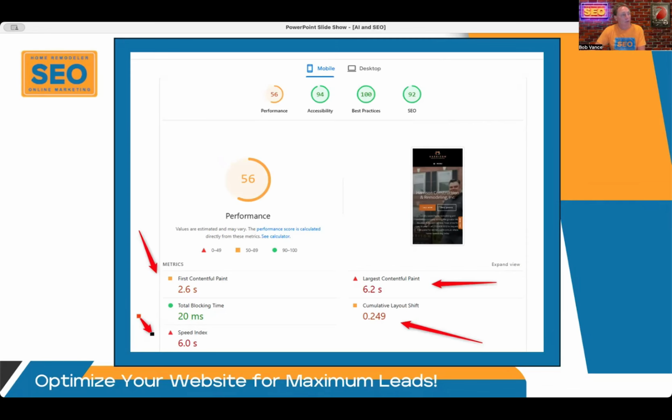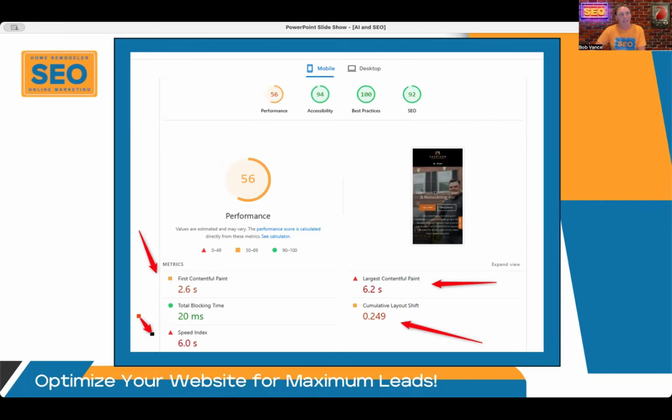So, when you look at these results here, it's taken 2.5 seconds, 2.6, to just load the first images, the first content paint, we call it. And then to get to a full content paint, we're looking at 6 seconds. And one of the stats that I always remember is a website that goes from 1 to 6 seconds in load speed will result in a 106% bounce rate. That's quite significant. You're bouncing, half your prospective clients right there.